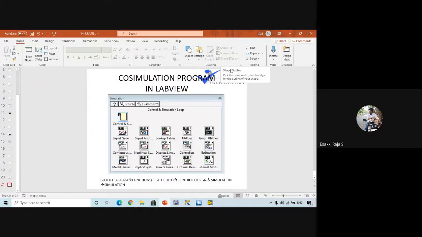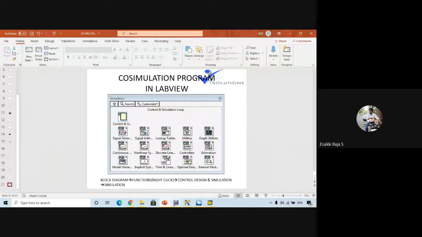So let me start with a simple code. First, we have to design our circuit. I have told you two examples: testing a diode and a converter. We'll go with any one of the converters. First we'll start with testing the diode.